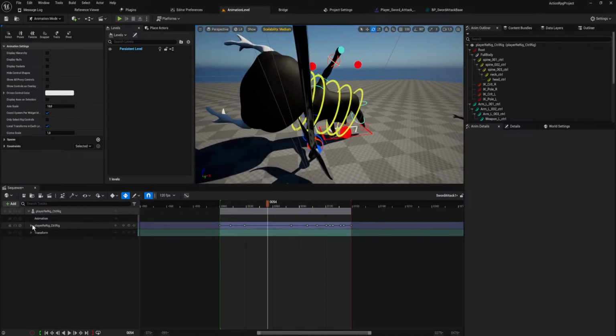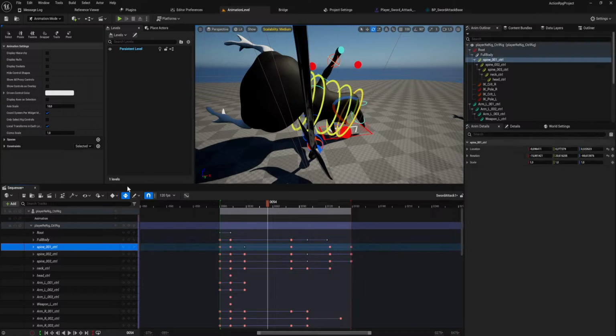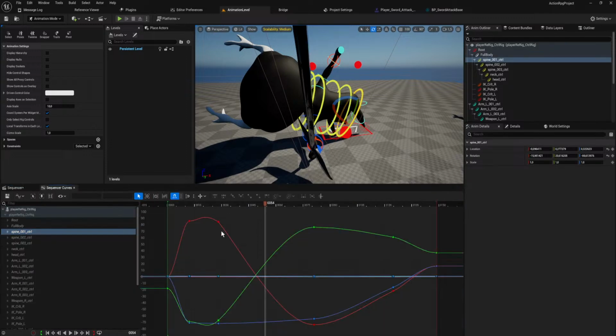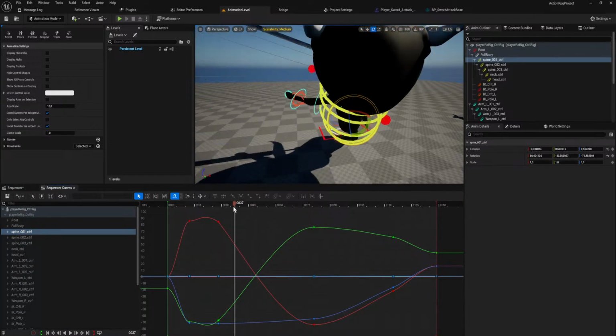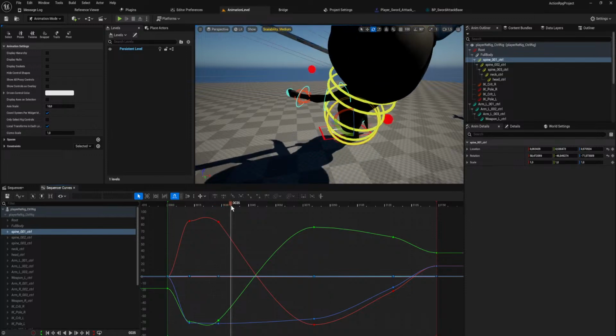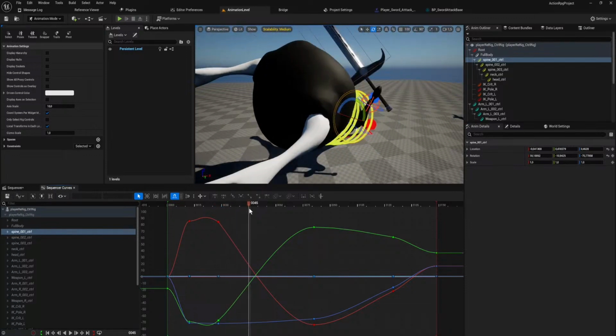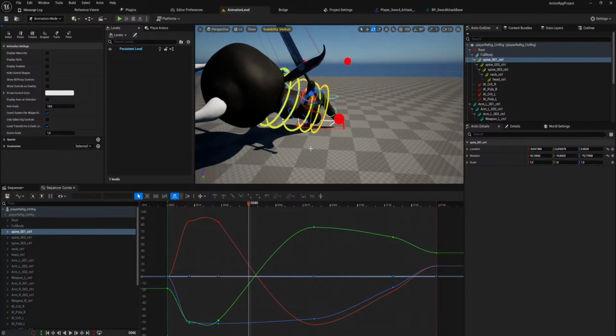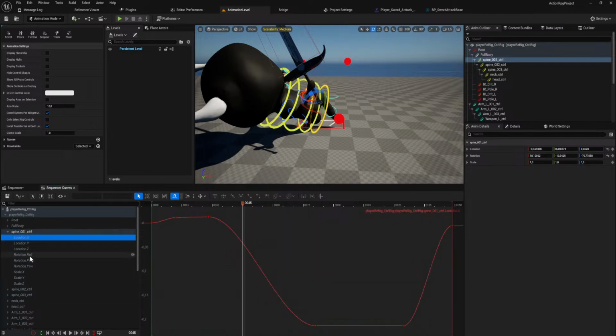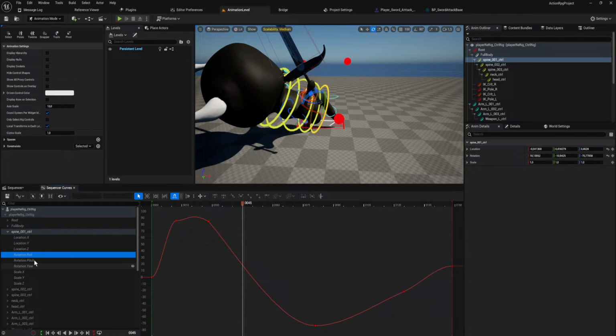Clearly, we need to do a little bit extra work here on the curves. But I think that might not be that big a deal. Just gotta figure out which... I think it's the...